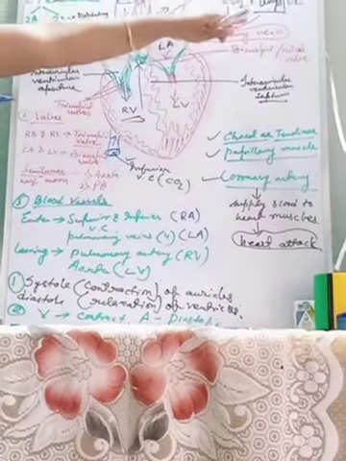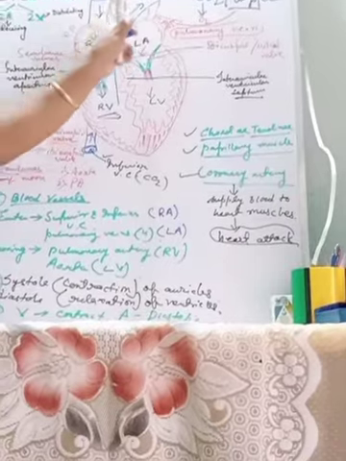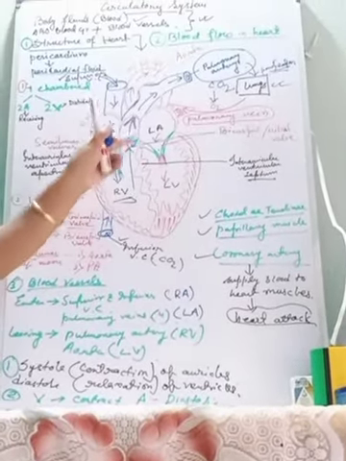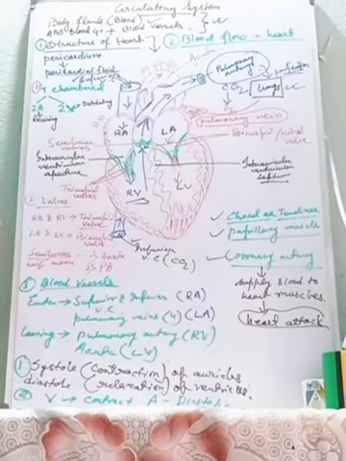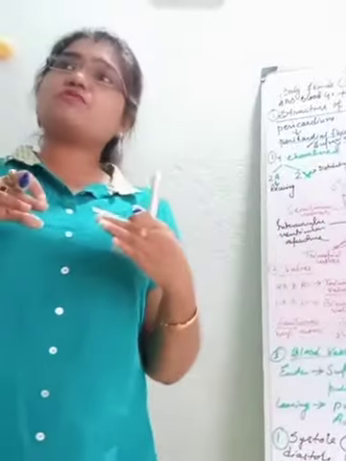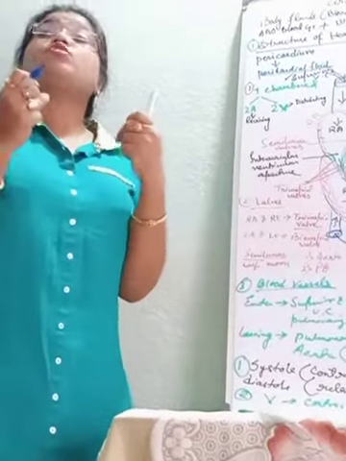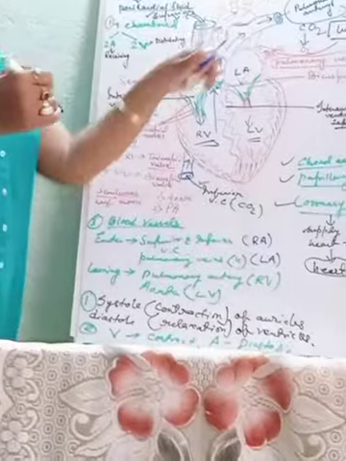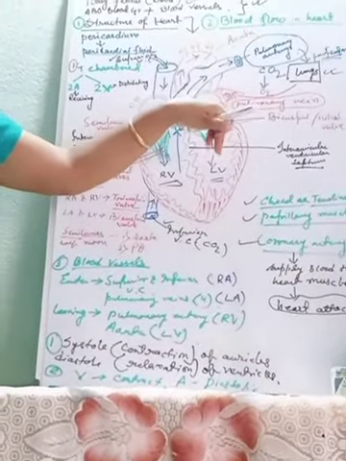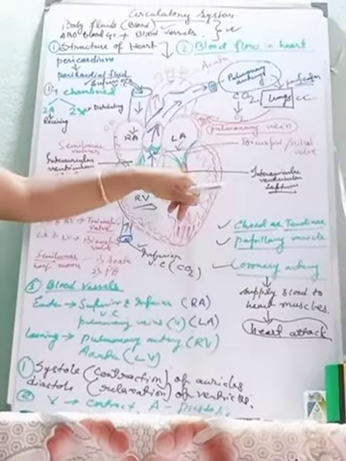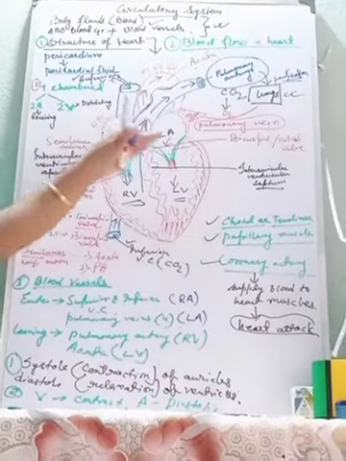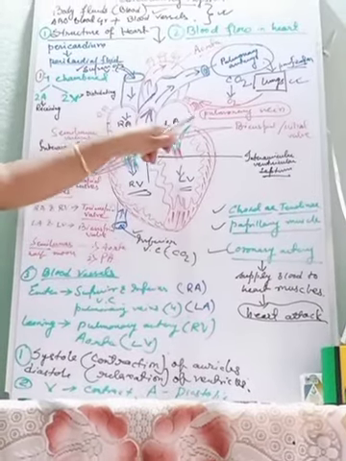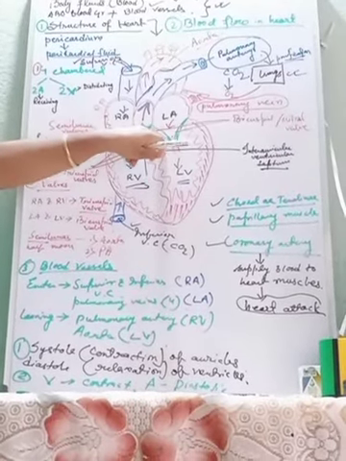This pure blood, with the help of the pulmonary vein, will come back to the left auricle, the receiving chamber. When they receive it, the auricles will be in relaxation phase, but once they receive it, they have to contract. Why? Because they have to pass the blood to the ventricles. That means they are again in systolic condition while they are pushing it. So after systole, what will happen? The valves will open, then it will go to the ventricles. Now the ventricles will receive it, and after giving it to the ventricles, these valves will close.